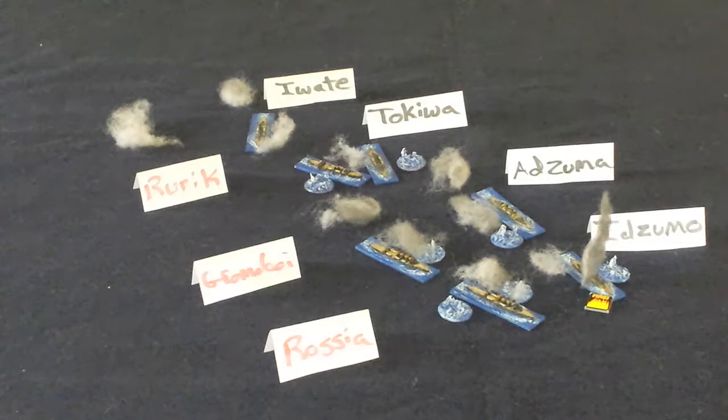What else is going on here? The Rurik's been taking a heavy pounding. I know that, and that's coming from the Iwate pounding him. Let me see what's going on here with my notes. He's got some hull flooding, the Rurik. His forward torpedo mount is destroyed, which is no big issue for me. And he lost some of his